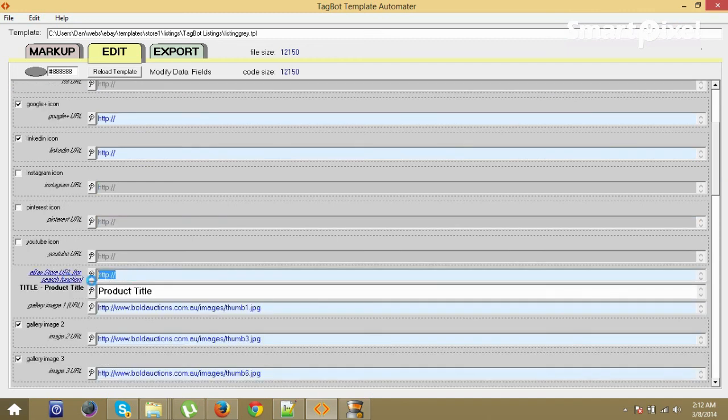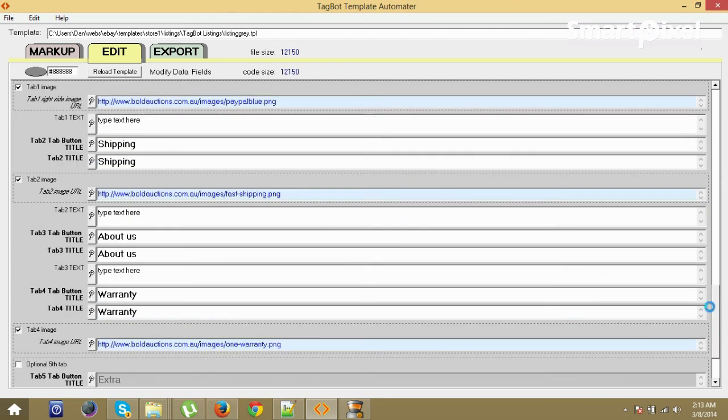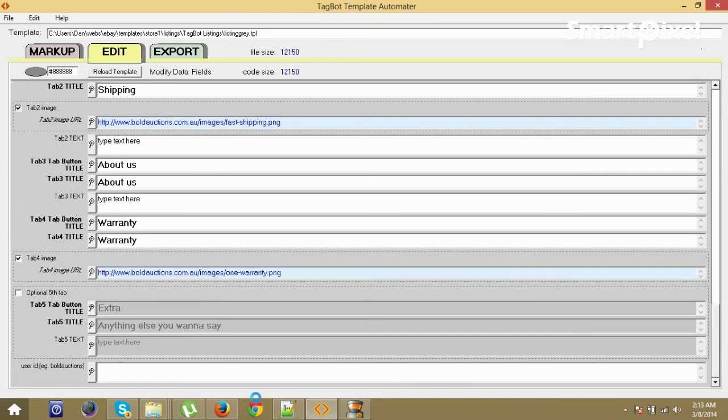Okay, and now after the social icons, there's another section to put your store URL, and that's very important. That's for the search function. If you don't put it in there, when someone goes onto your listing template and they go to search, it won't do anything. Okay, so now I come down here,